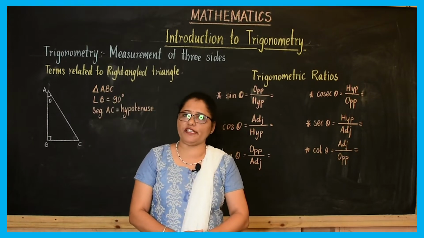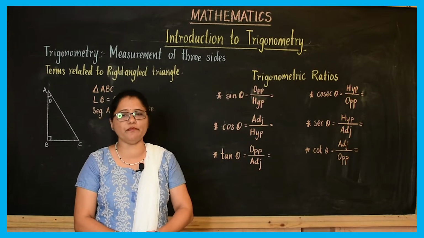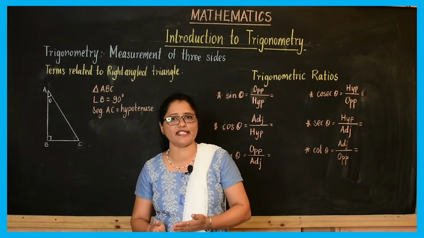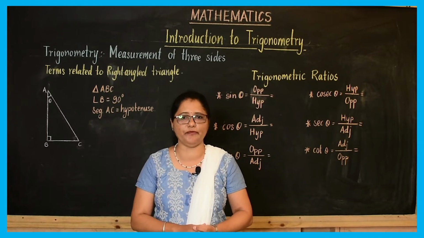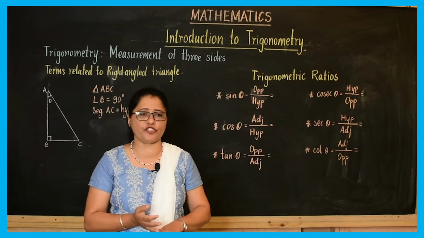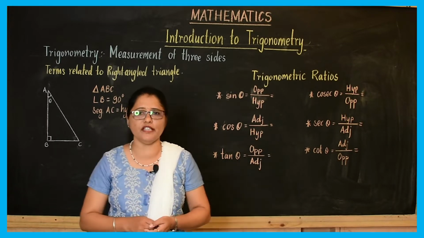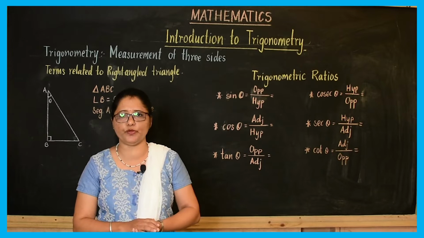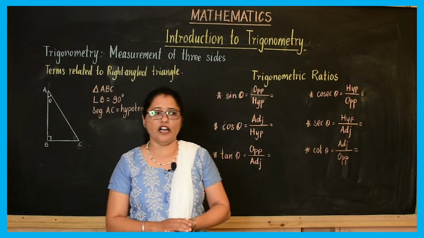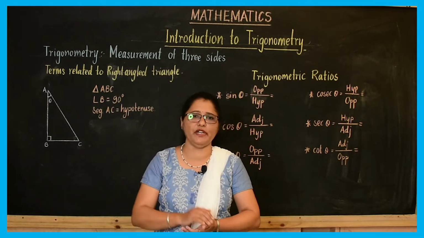The history of trigonometry goes way back to the 3rd century BC. Trigonometry is a branch of mathematics which deals with the relationship between the sides and angles of a triangle. Trigonometry has wide applications, whether in astronomy, engineering, navigation, presently in GPS, or in artificial intelligence too. Trigonometry answers questions like how far is the ship offshore, or what is the height of the tallest building or a tree.